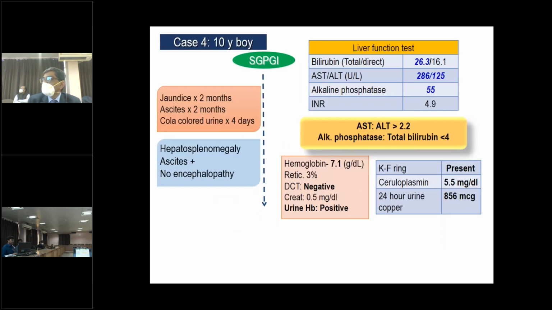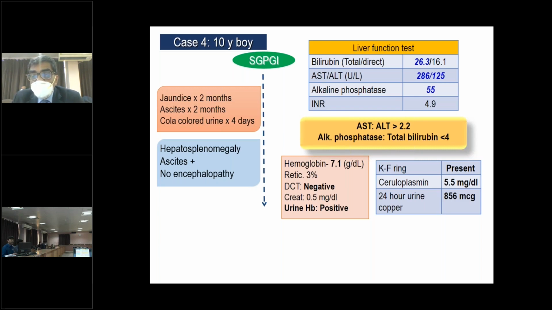Next similar case is a 10-year-old boy who presented to us with complaint of jaundice for 2 months and ascites for 2 months and cola colored urine. This child has no encephalopathy. His liver function test is also similar to the previous case, with very high total bilirubin and high AST as compared to ALT,